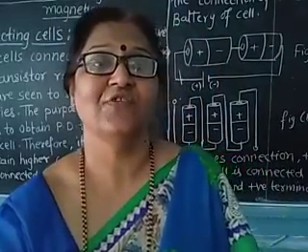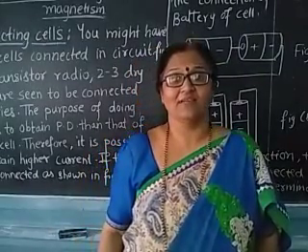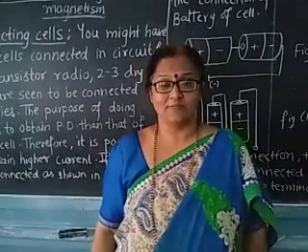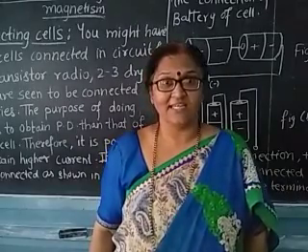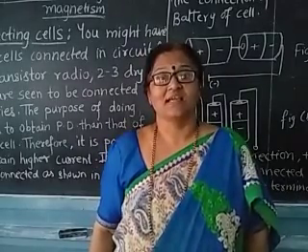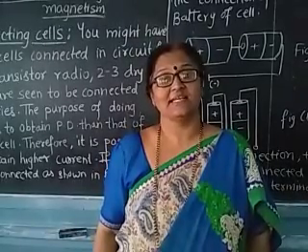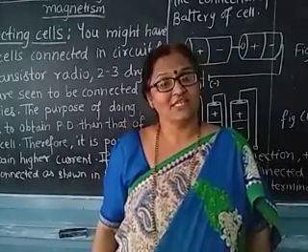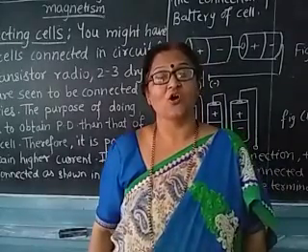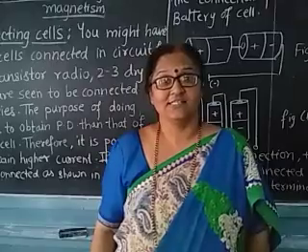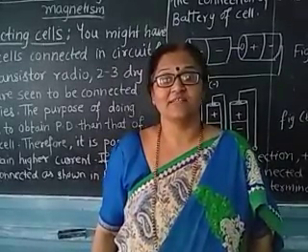In this lecture we have seen how dry cells are connected, then the nickel cadmium cell, then gadgets, or the electrical circuit, how they are connected, then again dry cells, how they are connected in a transistor or a simple circuit, and what is the use of the key, how we can use its closing or opening. All these things we have learned today. For tomorrow's lecture we will see the further points.